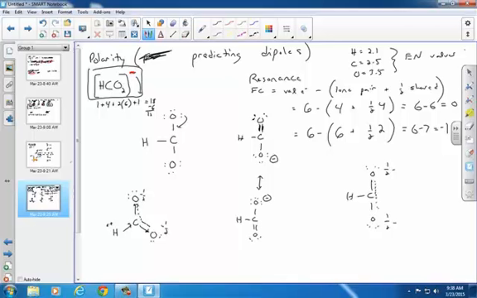So looking at that bond, the electron shifting from the hydrogen to the carbon, what kind of partial charge will be on the carbon? It would be a partial negative, right? Because if the carbon's pulling electrons away from the hydrogen, is the carbon going to have an overall partial negative on it? Probably not, because